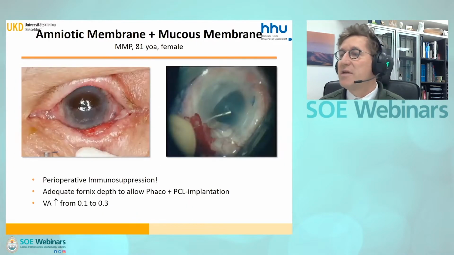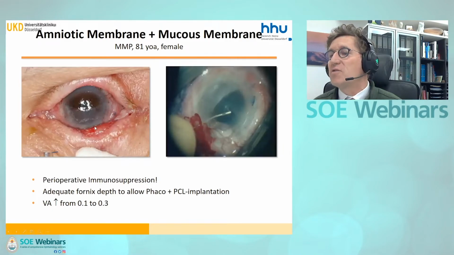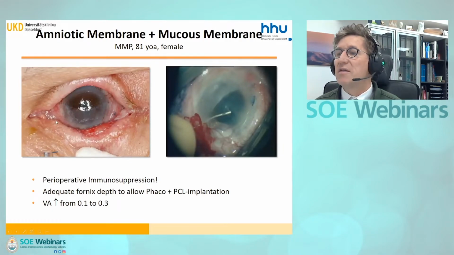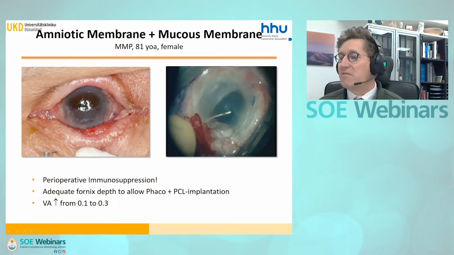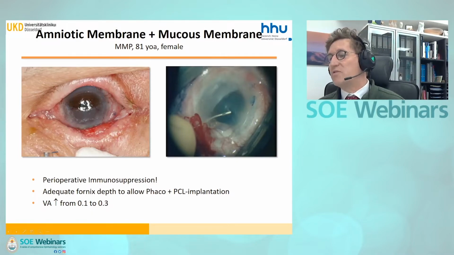In this case, we grafted oral mucosa to the back of the lower lid after removing the adhesions to the cornea. We covered the cornea with an amniotic membrane graft. This allowed the oral epithelium grafted with the oral mucosa to expand on the amniotic membrane to form a stable epithelium. And then some months later, we could perform successful cataract surgery through the clear upper half of the cornea, leading to improvement of vision from 0.1 to